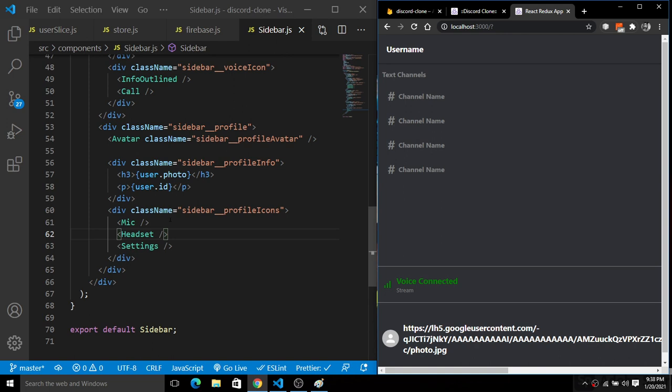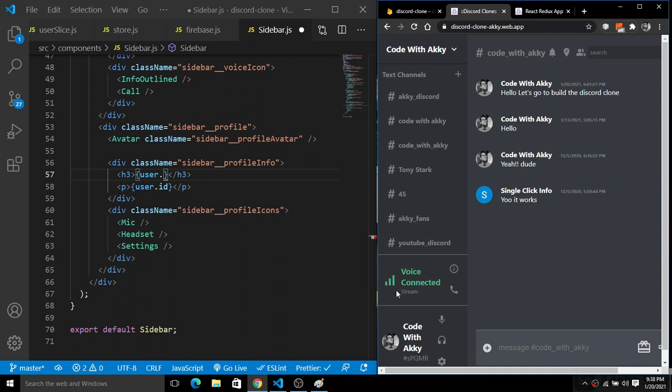So for the h3, I think let's go back to the deployed version. As you guys can see, we have this display name. So for this h3, we have this display name, just like this, and we have this user id. So basically I will simply slice the user id. So basically we have this user id with this string just like this.